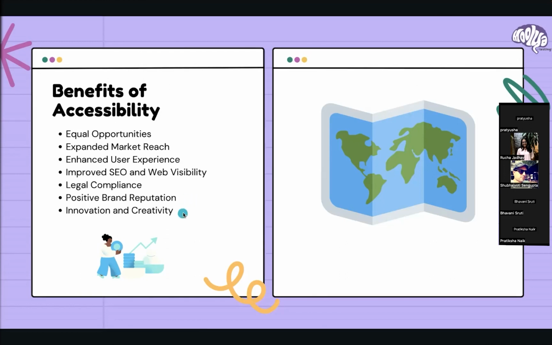And the same thing, innovation and creativity. Thinking about all these perspectives, every person can be creative and start innovation and start implementing different perspectives in the app, which also increases user experience, right? So this is about the benefits of the accessibility, and there are